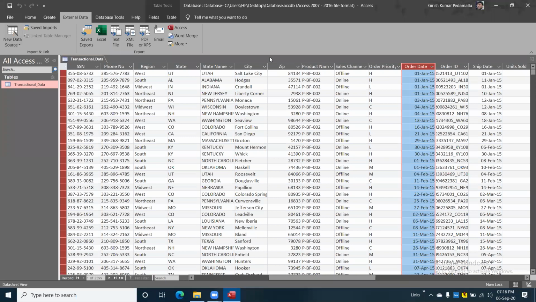Abdul is also asking in the chat box that in Excel we have 10 lakh 48,576 rows. Is there any limit for MS Access? Actually, here there is no limit on how many records there are, but it has a limit on size. Access can handle up to 2 GB of data. It's not related to 1 record or 2 records or 1 million records. It's about size. 2 GB, it can handle.